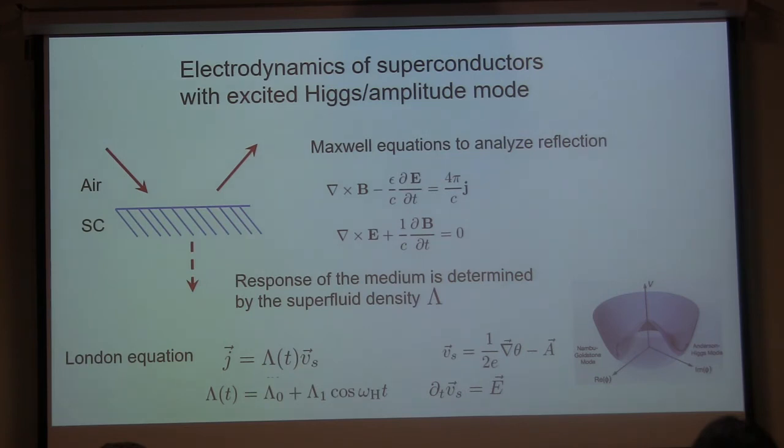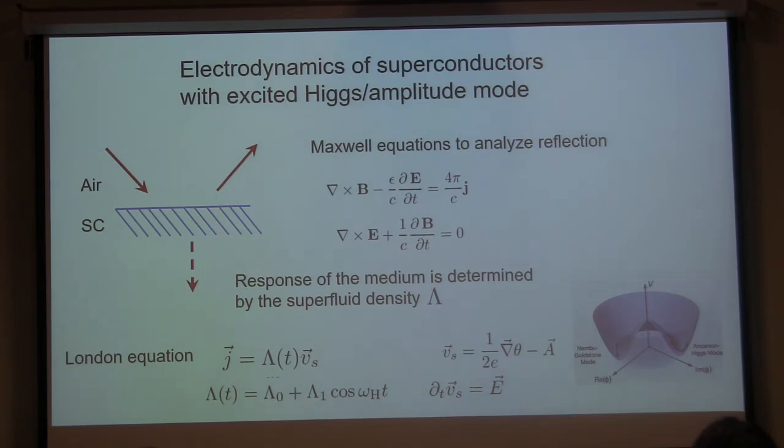But usually you solve it if you know, say, the dielectric constant, or the material refraction coefficient. But basically, what it amounts to is just solving Maxwell equations, which involve the current, and we have to know the relation between the current or polarization and the electric field. And as we said, in superconductors at small frequency, this relation is very easy. The current is some superfluid density times the velocity of Cooper pairs, and these Cooper pairs are accelerated by the electric field. The time derivative of the velocity is proportional to the electric field.